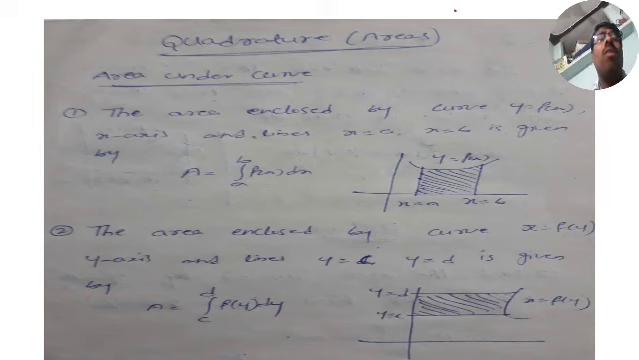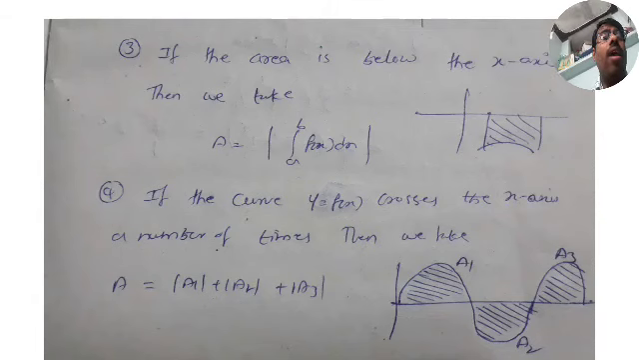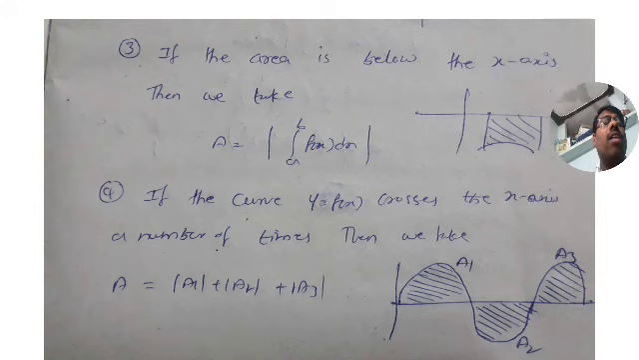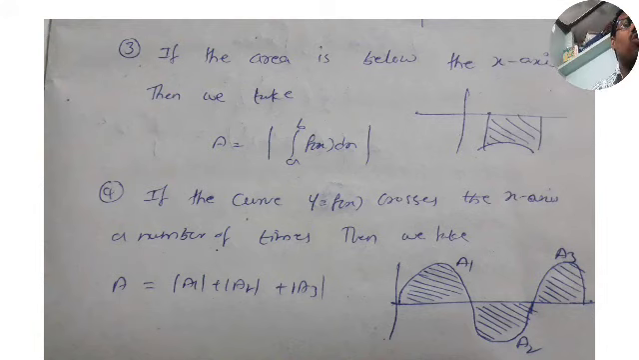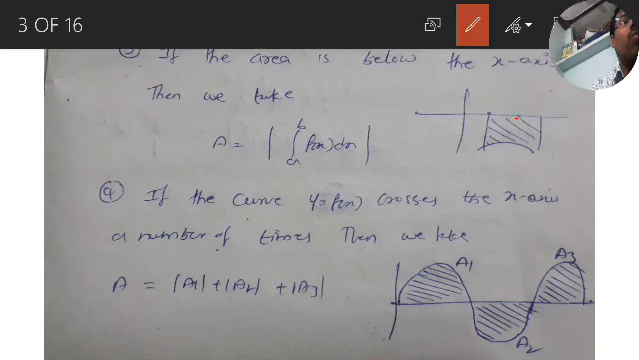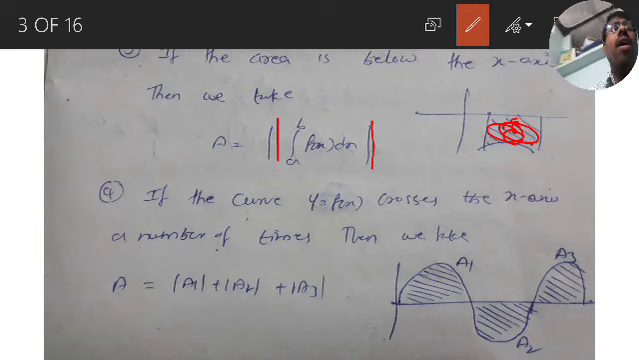These two are my formulas. Now, the third point: the area below the x-axis. Below the x-axis, you will get a negative value. This area you need to find below the x-axis will come out negative. That's why we will take the modulus of the formula, integration a to b f of x dx. And if the curve y is equal to f of x crosses the x-axis a number of times,